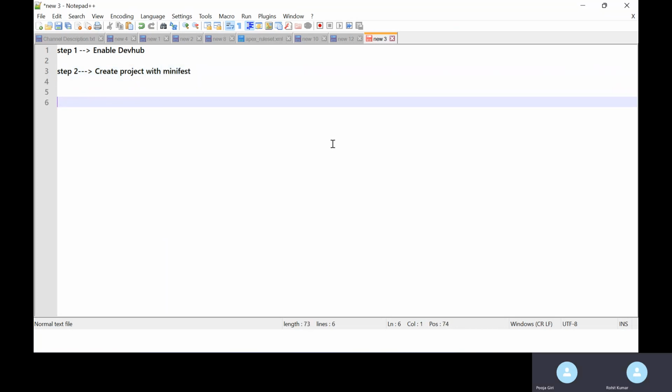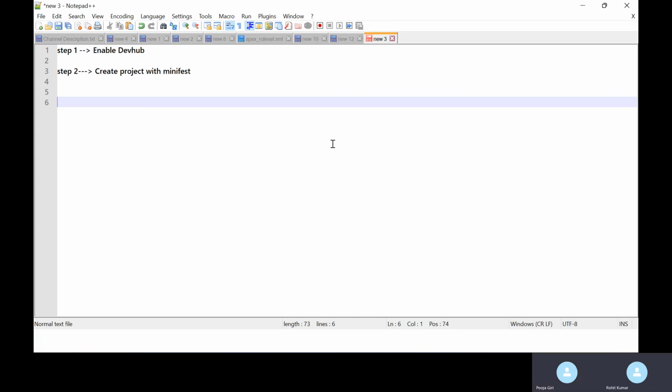Sir, Manifest is the collection of files, and it's a collection of many languages like HTML, CSS. Right, it's a little bit right, but Manifest means if you are using Manifest, the LWC structure is automatically created.